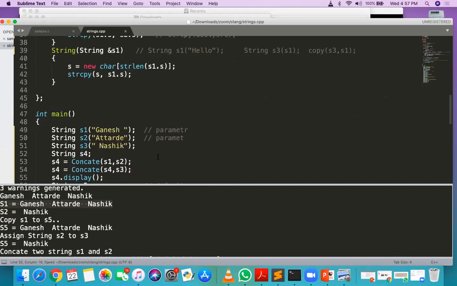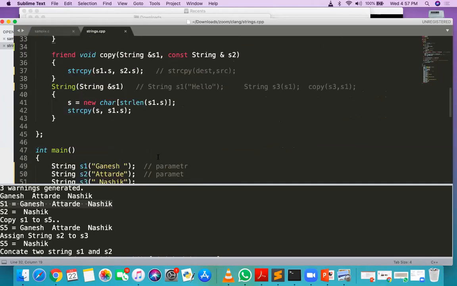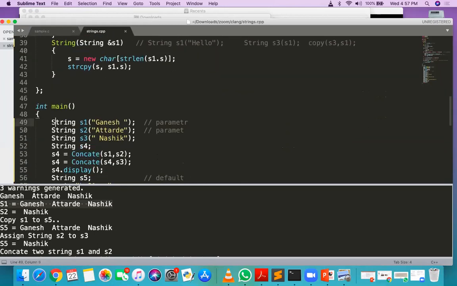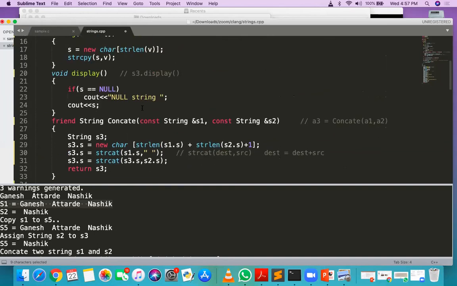So that's why we are not using strcat, strlen and the string functions in C++. We are using the string object directly, like string S1. It is the library definition of your string class. So the same program, just try by yourself.